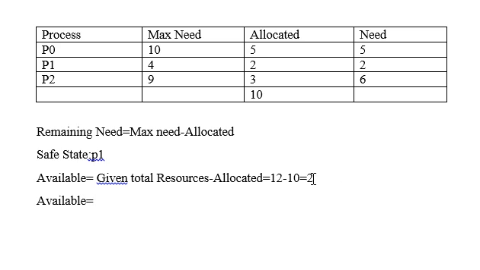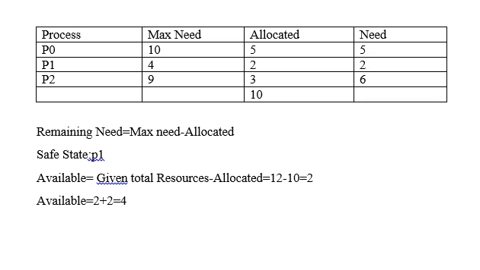The previous available here was 2, plus the resources that P1 was holding, that is 2 that were allocated to it, so that will be added here. So 2 plus 2, the available will become 4, right? Now we go to the next process and check if we can allocate to it. P2 requires 6, we have 4, so we cannot. P0 requires 5 and we have just 4, so definitely we cannot serve the requests of both P0 and P2, because that many resources are not available.